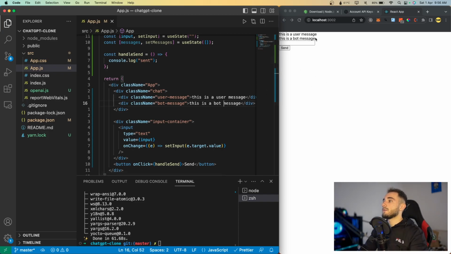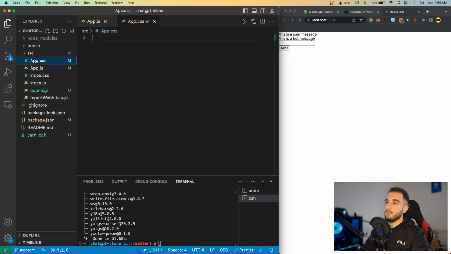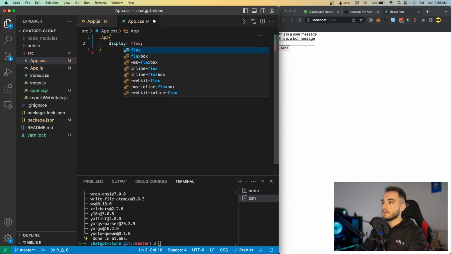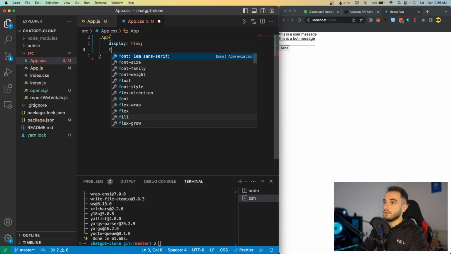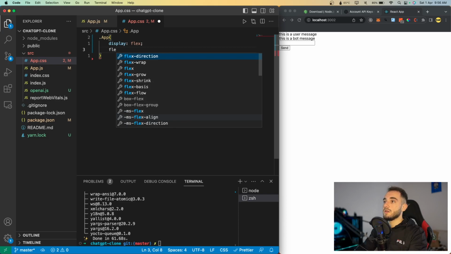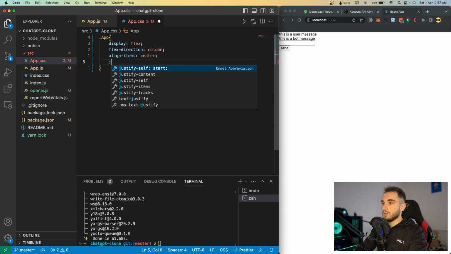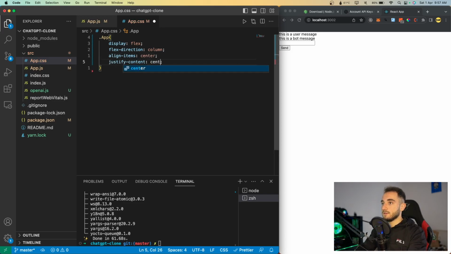Okay. So now let's go ahead and style all of this website. So let's go to app.css. First let's get the class of the app, and inside this we have to use display flex. Also flex direction is going to be column because we want the messages in a column as always, and then align items to be center, and we also want justify content to be center,